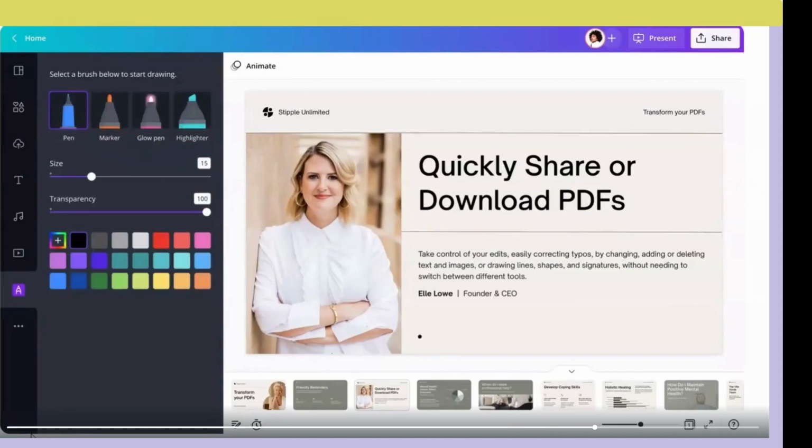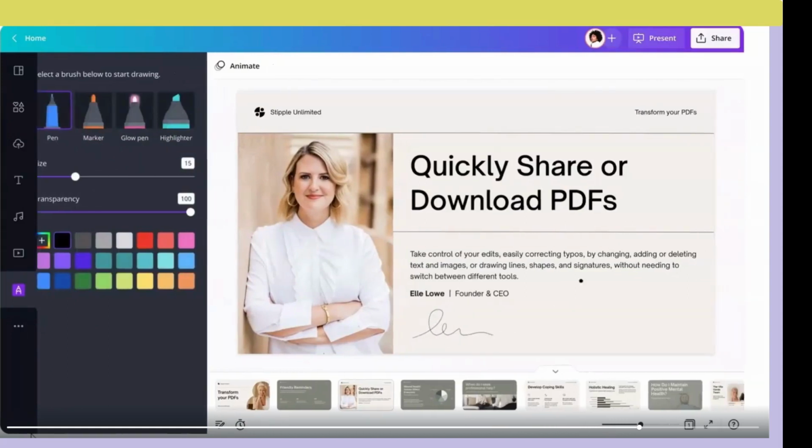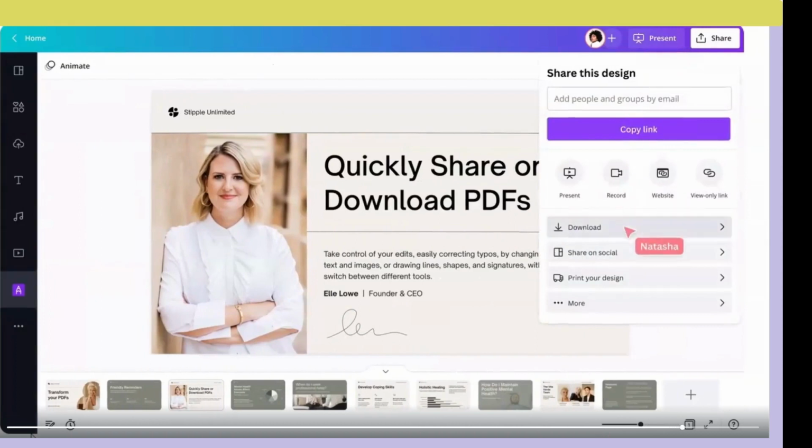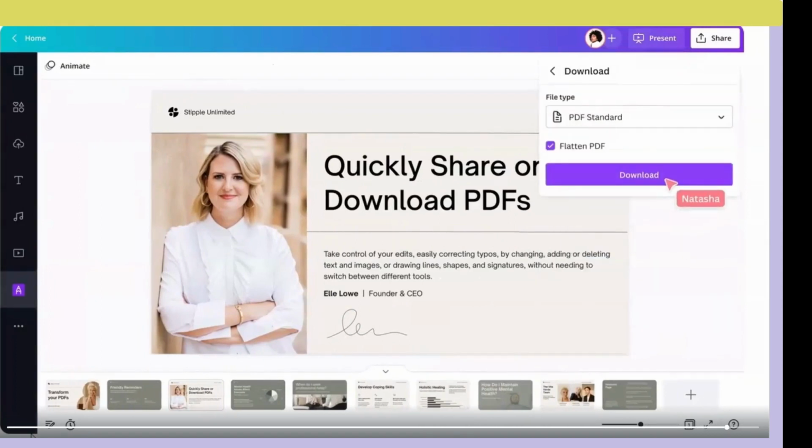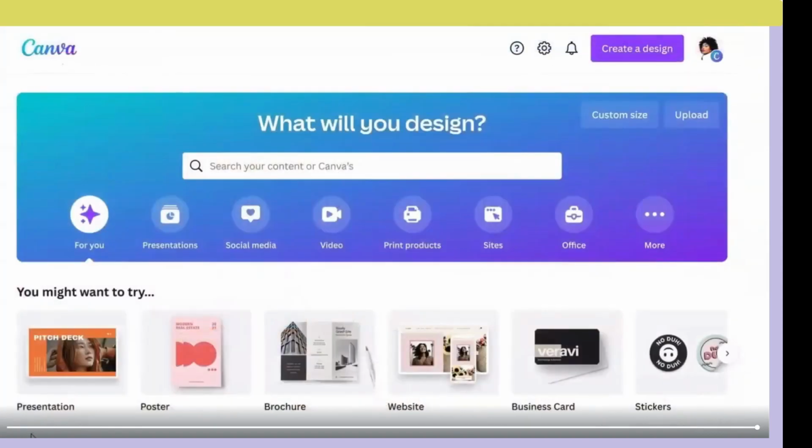You can actually even sign your documents, and then you can share them or download them. So you've taken something that was uneditable before and now created something that you can actually edit. So I'm also going to jump out and show you how to do this from the Canva homepage and show you how slick this is.